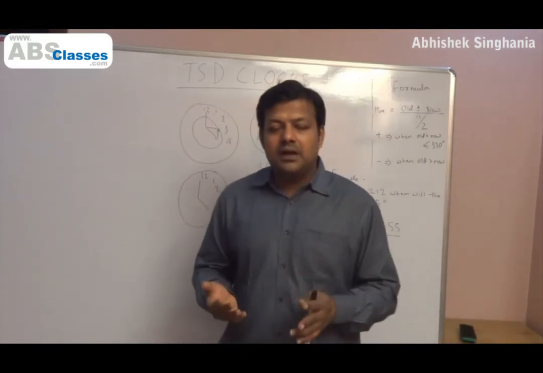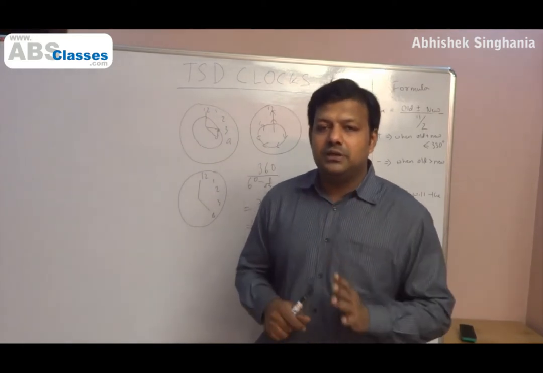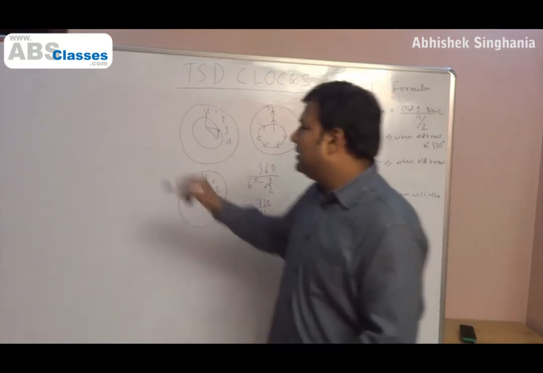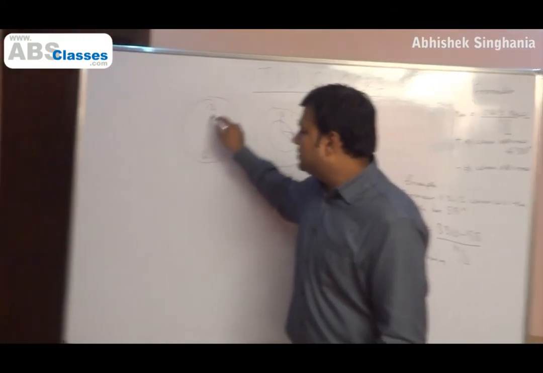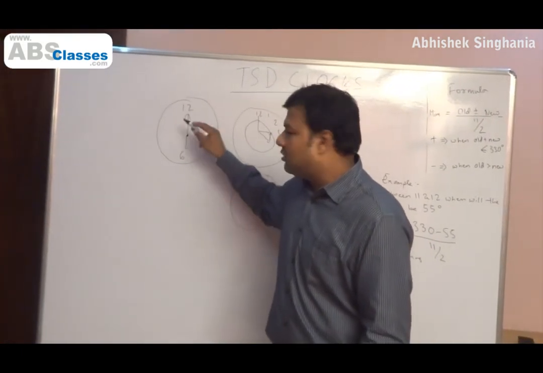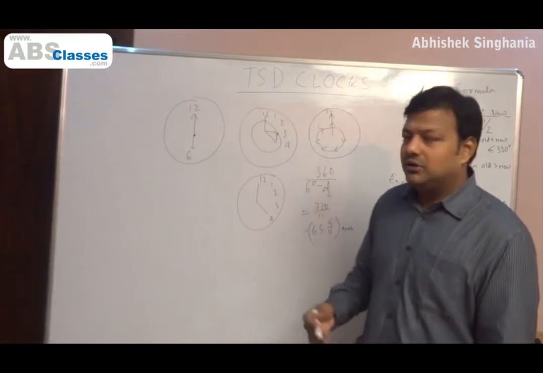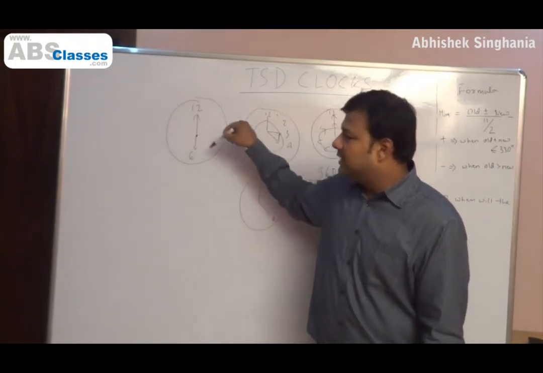The same applies to questions like, when will they be diametrically opposite each other? Okay, diametrically opposite each other. How many times will they be diametrically opposite each other? When we say diametrically opposite, the first thing that comes to our mind is 6 o'clock. They are right opposite each other. So the question is, how many times will they be diametrically opposite each other? So it could be in any direction, right?